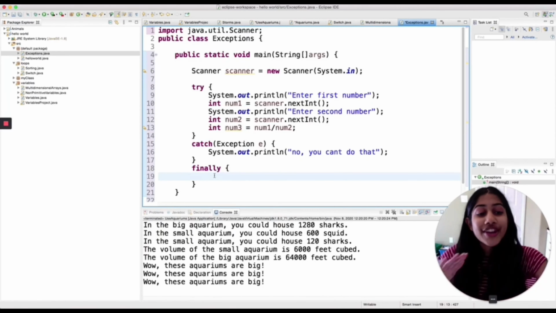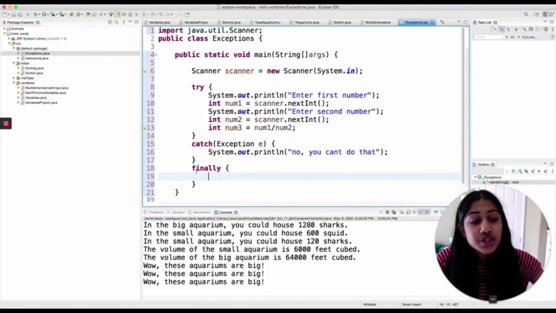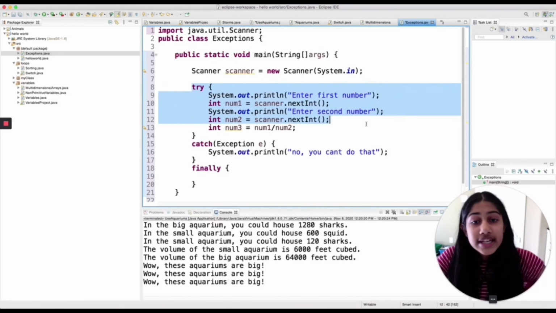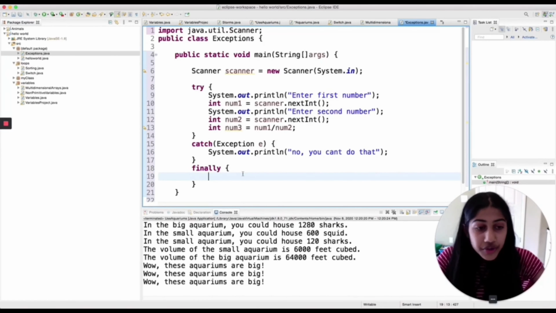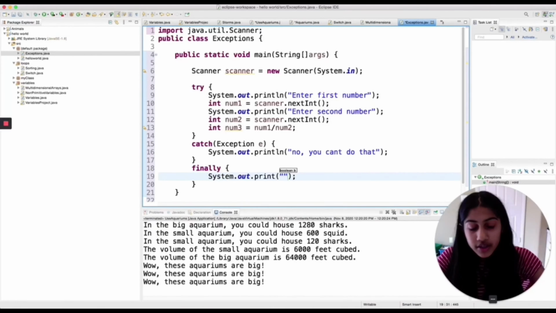But that's not the case. No. Okay? The finally happens whether or not you've had an exception. Even if there is an exception, it still goes on to the finally statement. Either way, with or without an exception, I can be like, you just